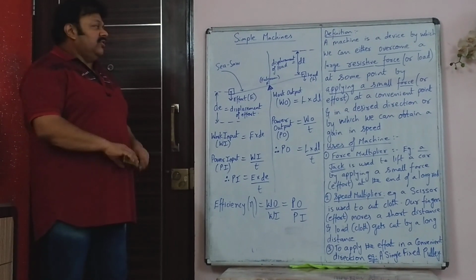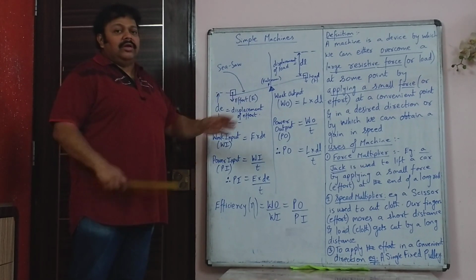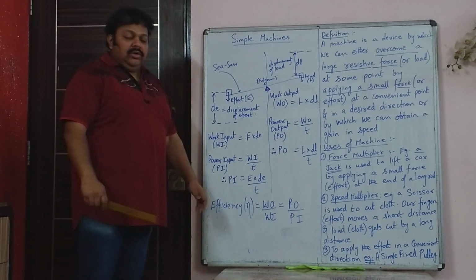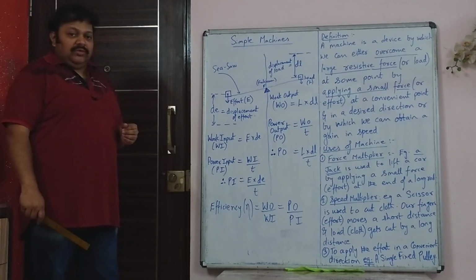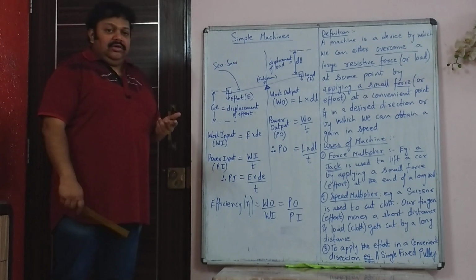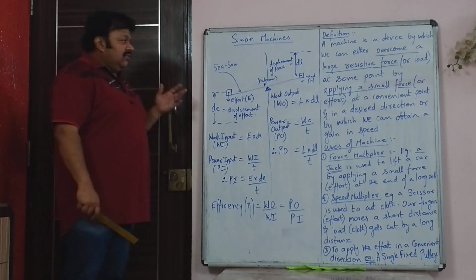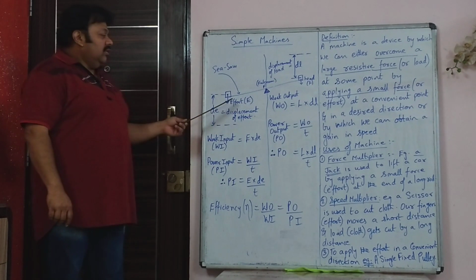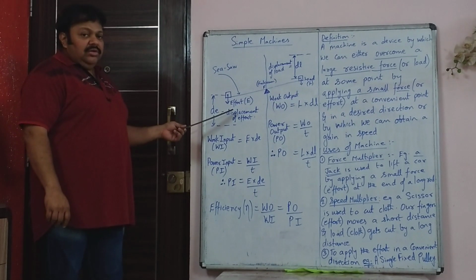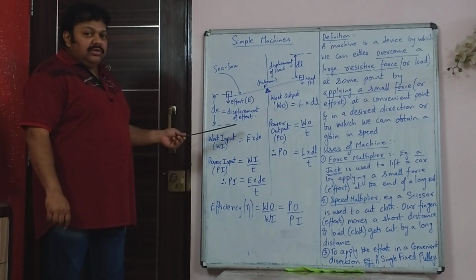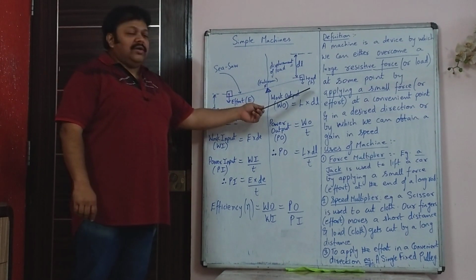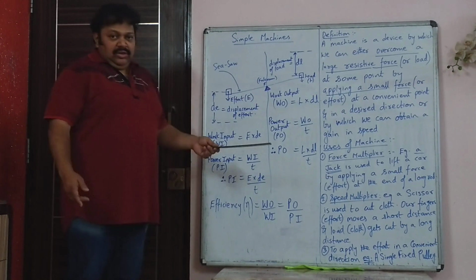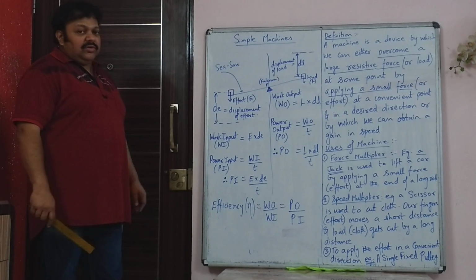To understand a machine, we will consider a very simple machine like a seesaw. Yes, the very seesaw with which you play in your playground, that is also a simple machine. Even your scissor is a simple machine. And one of the simplest machines is the seesaw. It has a fulcrum at the center. On one side you have the effort, maybe a mother standing there and pushing down. And on the other side you have the load, maybe a child sitting there and the child going up. So that is basically a seesaw.